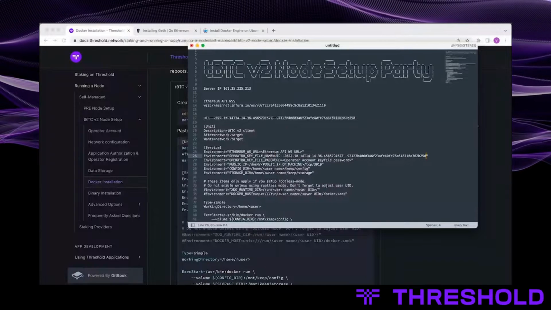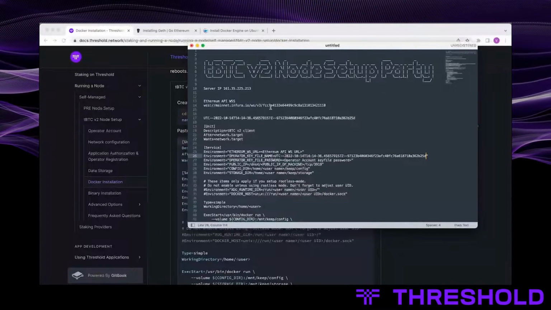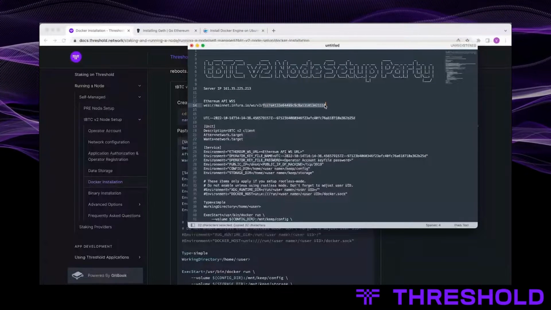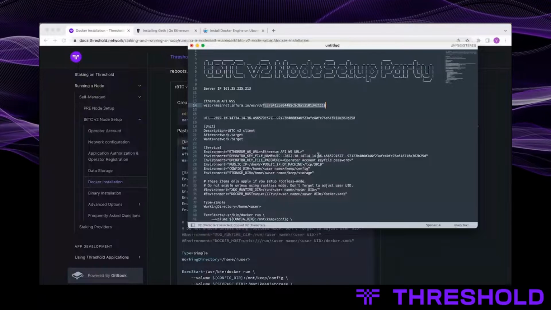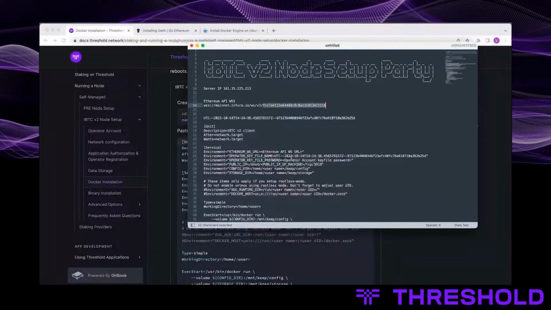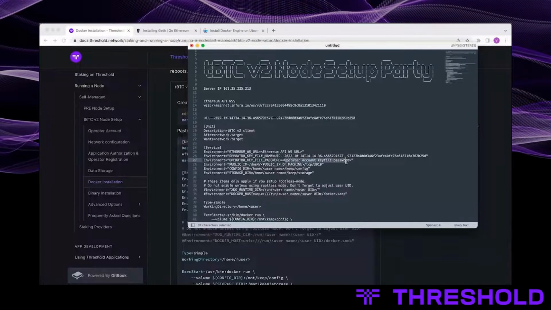It's just a bunch of copying and pasting. I should have mentioned earlier about the password: you don't want to use a password that contains characters that could be ambiguous to Linux or another application like Docker.